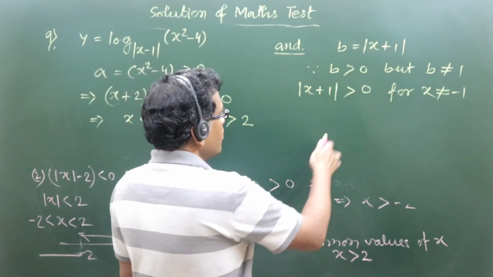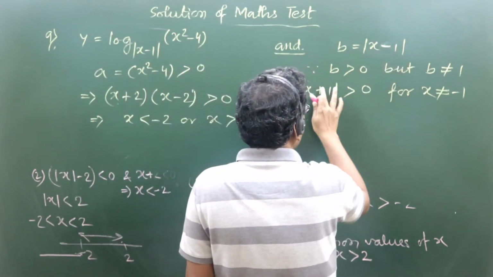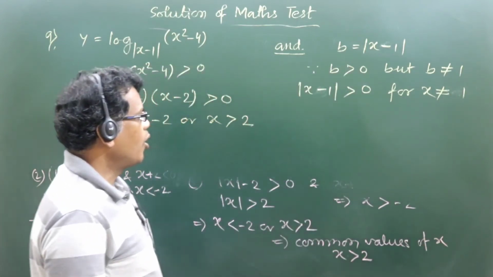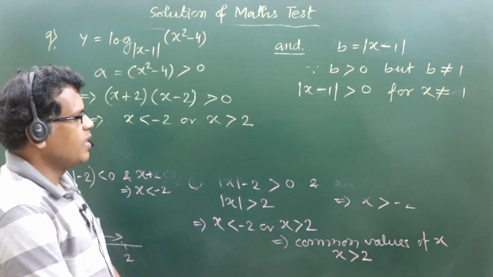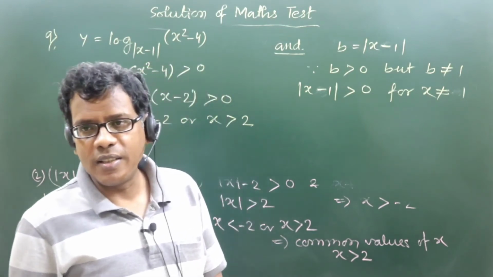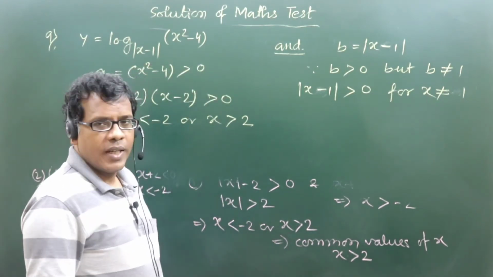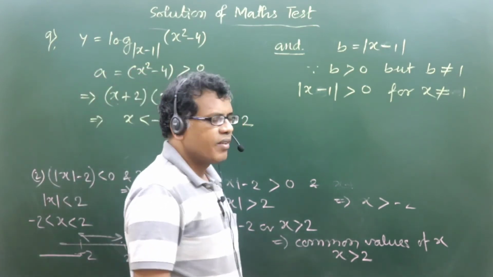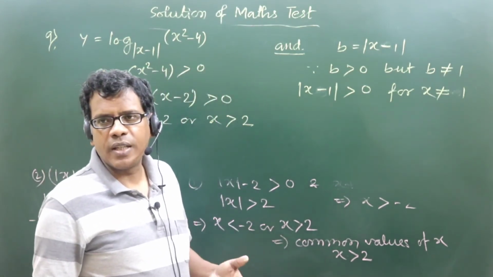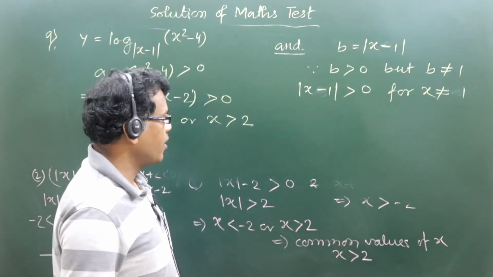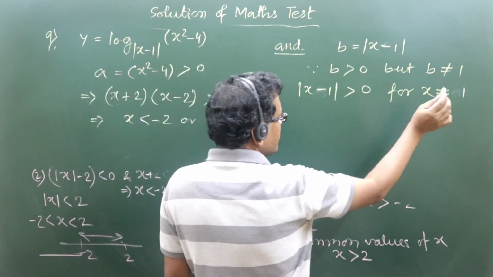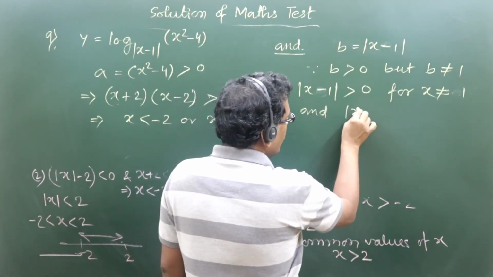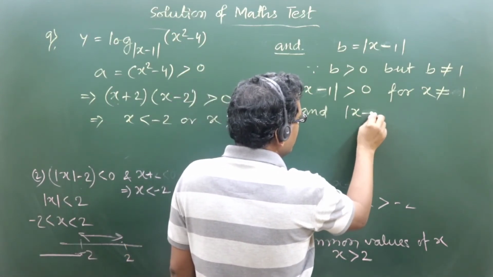Oh sorry, it is x minus 1, I am making mistakes. Okay, mod of x minus 1, so that means x can't be equal to plus 1, right? Being mod of x minus 1, we can't make it 0, otherwise x minus 1 can be allowed itself as a positive or negative. So that's why we need to exclude 1, and at the same time, since mod